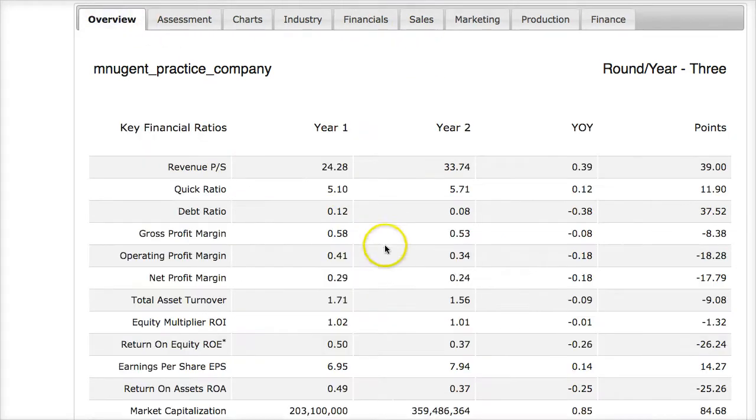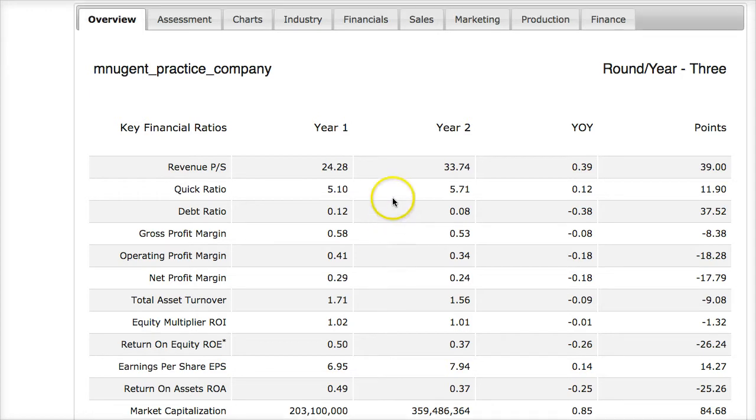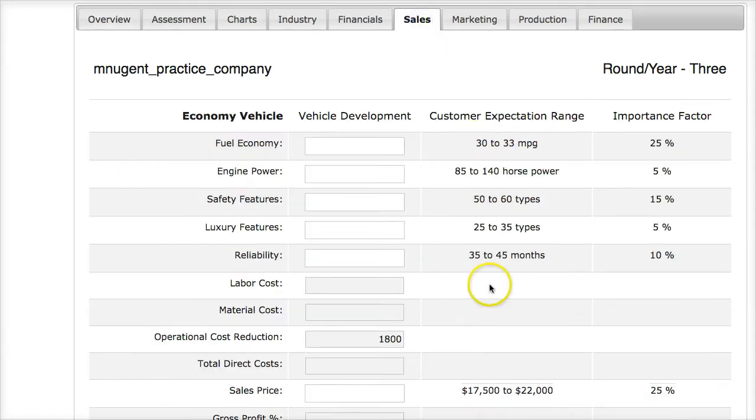So some rounds, when you're heavily investing, it may be a difficult round to earn a lot of points, and that's okay because you're company building, so in the next round you'll be able to get those points up. But remember, it gets more competitive every round because customer expectations increase, competitiveness between companies increases, and advertising costs increase. So you are trying to manage these as best as you can moving forward.